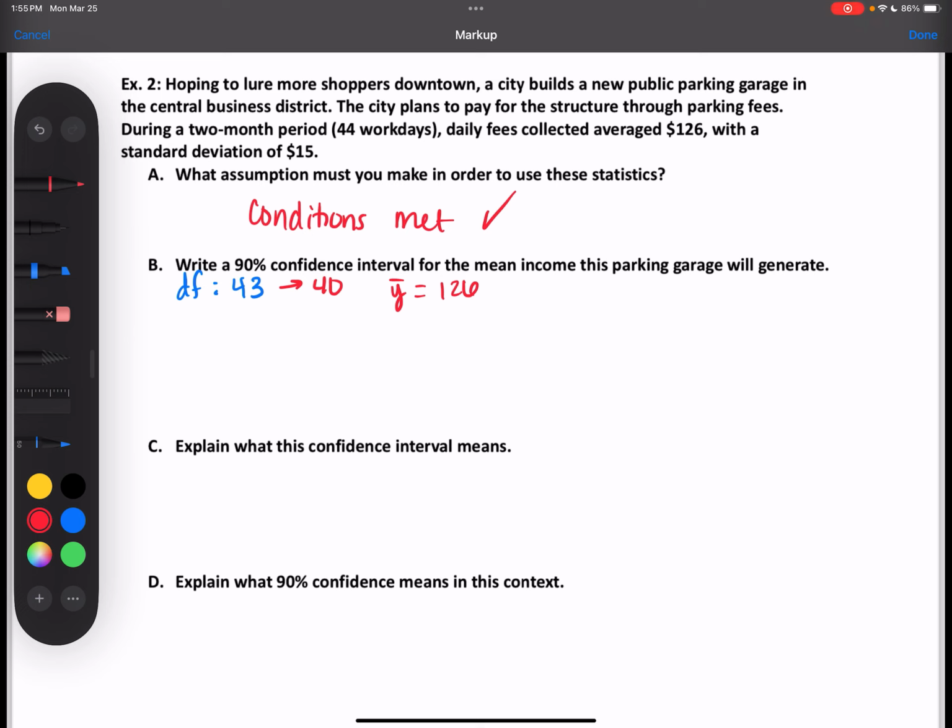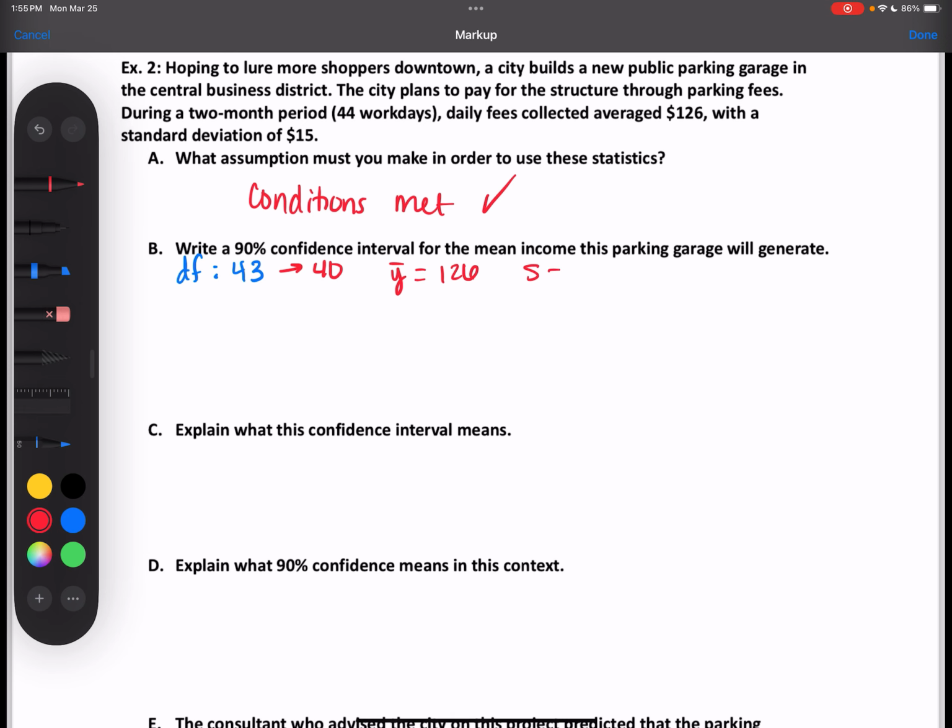Anyways, what's the standard deviation? 15. And n is equal to 44, just again to show where we got our degrees of freedom from. All right, so